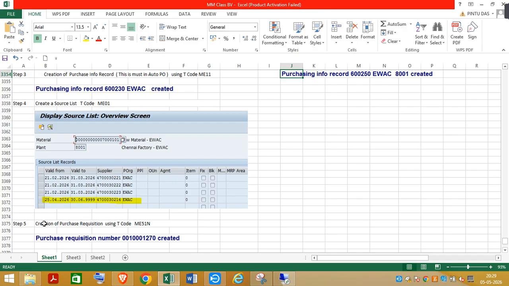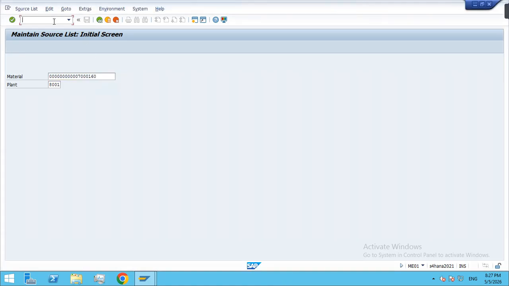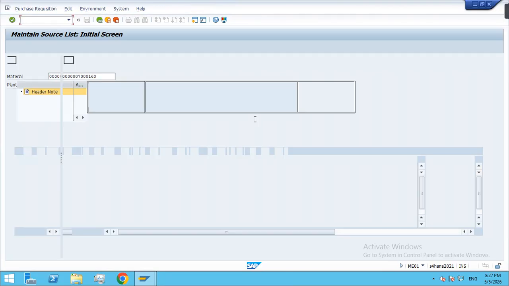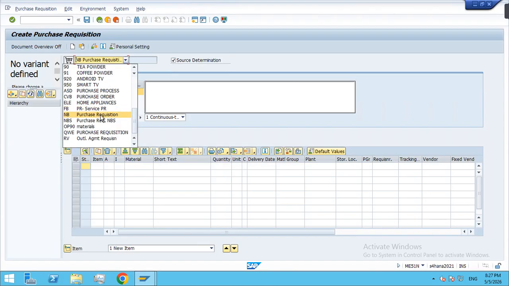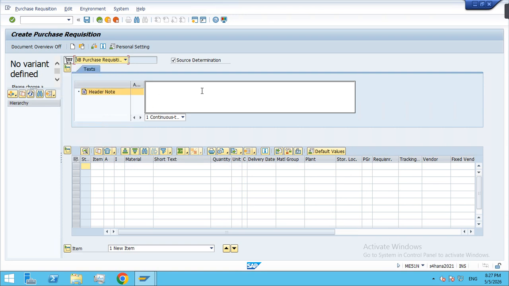To create the purchase acquisition, you have to use transaction code ME51N. So this is step number 5. Let's go to /nme51N and enter. You will get a screen like this. You can click on the source determination. Here you have to select NB purchase acquisition, and then you have to enter the purchase of